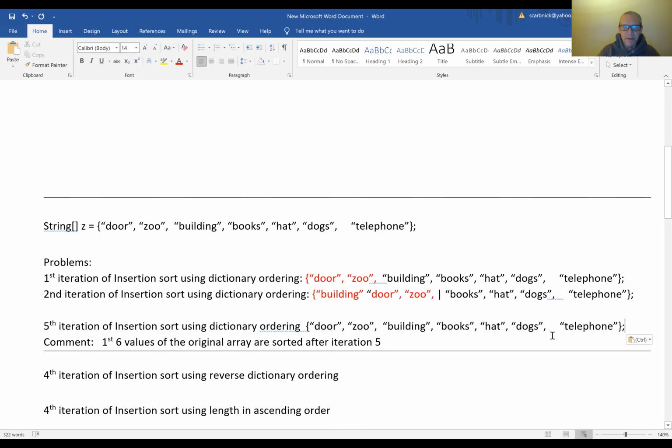Yeah, okay, so that's the original array. And it's actually so telephone is not included in the sorted list. Because the first iteration, the first 2 are sorted. The second iteration, the first 3 are sorted. After iteration 5, 6 values of the original array are sorted, and that was my comment. So it should be books, building,